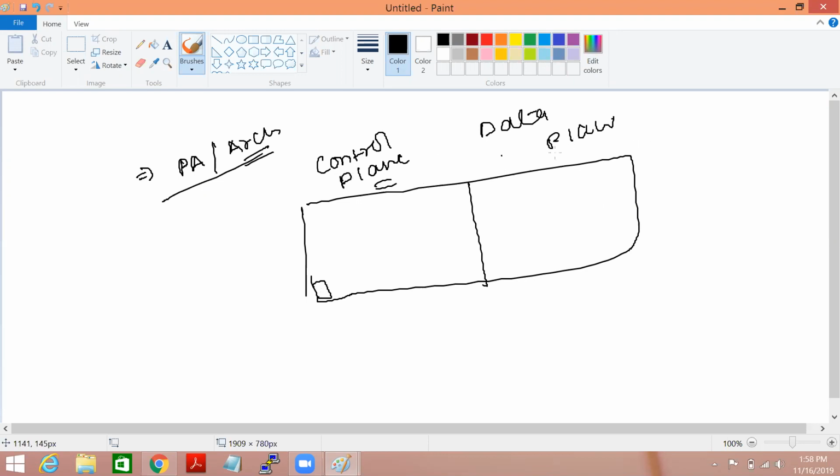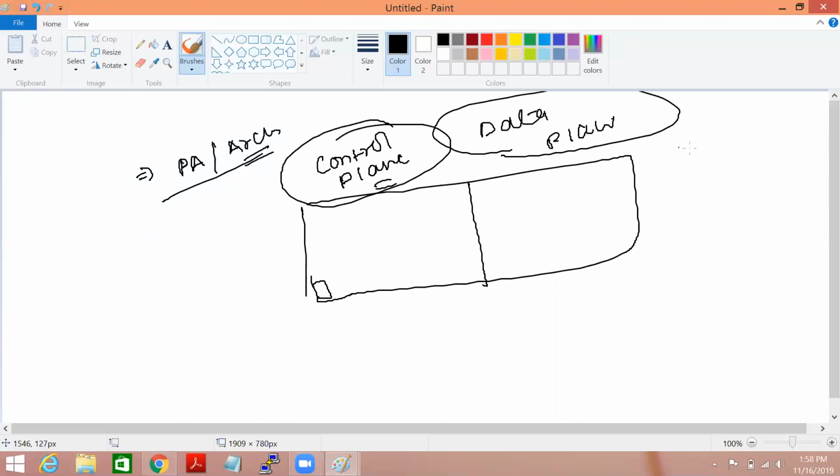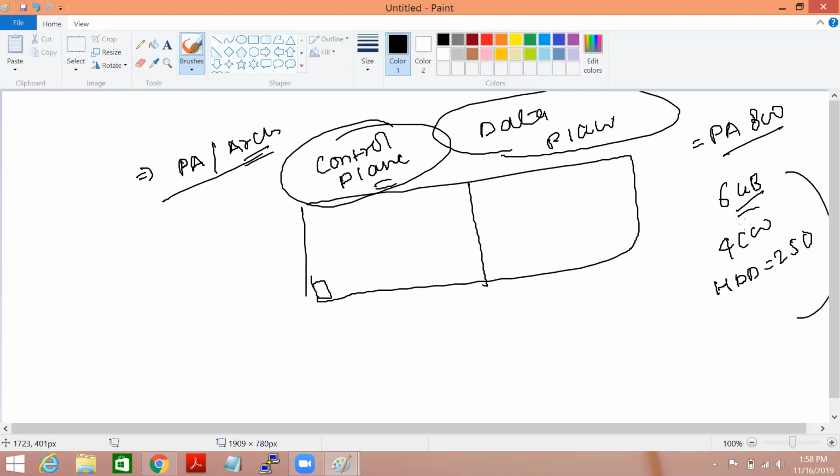According to the Palo Alto model, the data plane and control plane hardware will vary. Let's say I consider the PA800 model, which has 6 GB RAM, 4 core CPUs, and a hard disk of, let's say, 250 GB. The hardware we can divide between the data plane and control plane.